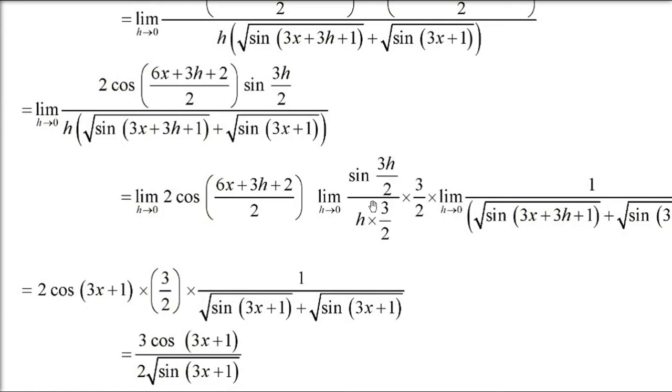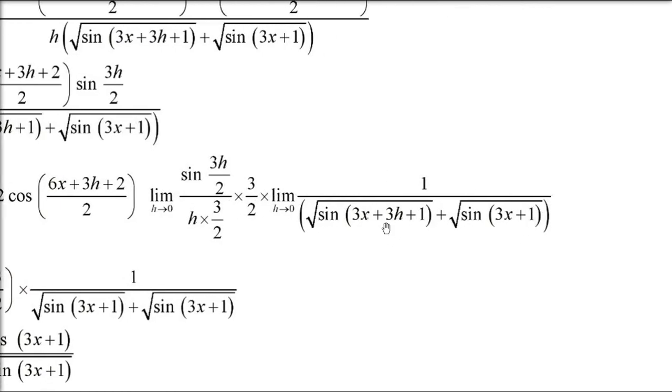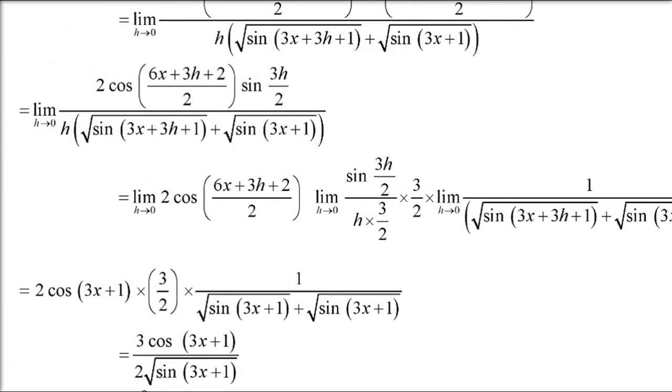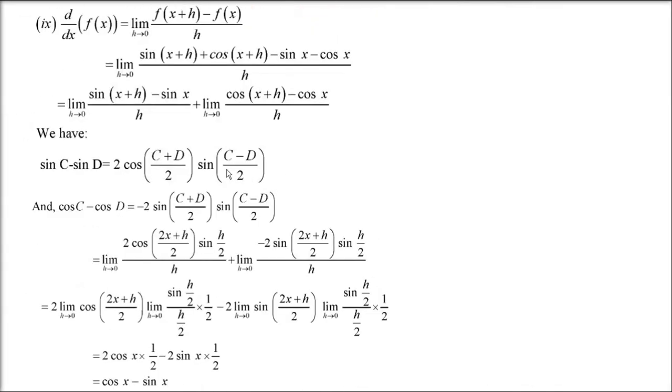This whole is going to be 1, sin theta by theta. 3 by 2 will come. Now coming to this one, h is 0 here, limit h tends to 0. So 6x plus 2 by 2. So you can take 3 common from here. So 3x plus 1 only will come, 2 gets cancelled. So 2 cos(3x plus 1) into 3 by 2, the first term. Now the denominator was already there. I told you earlier that when you put h as 0, it will be root sin(3x plus 1) twice. So in the numerator the 2 gets cancelled. So you have 3 cos(3x plus 1), and in the denominator you have twice the root of sin(3x plus 1). Okay.